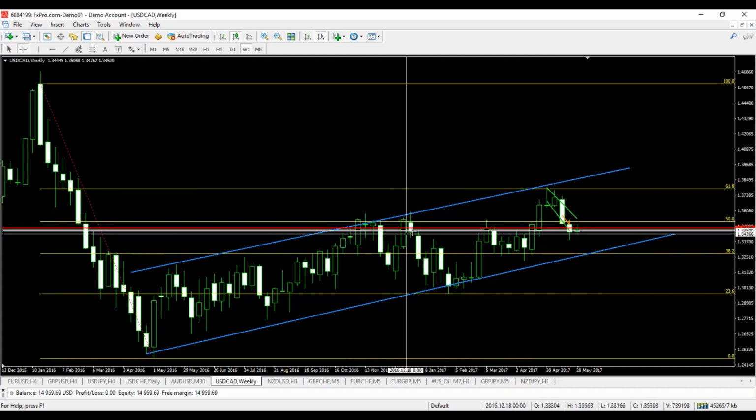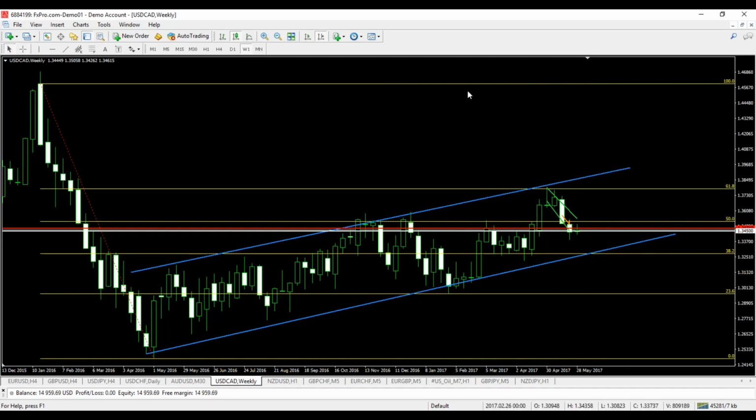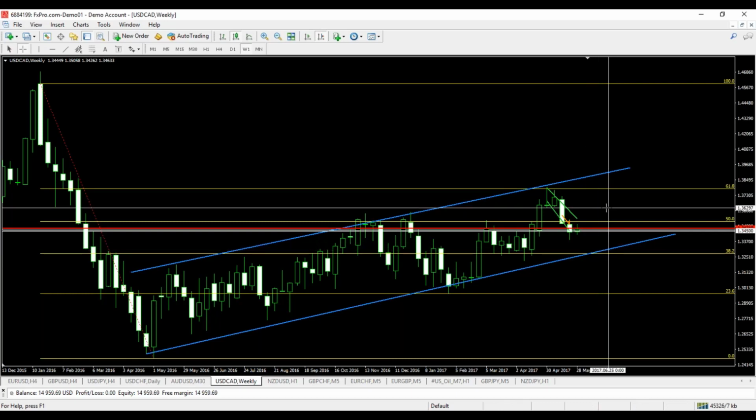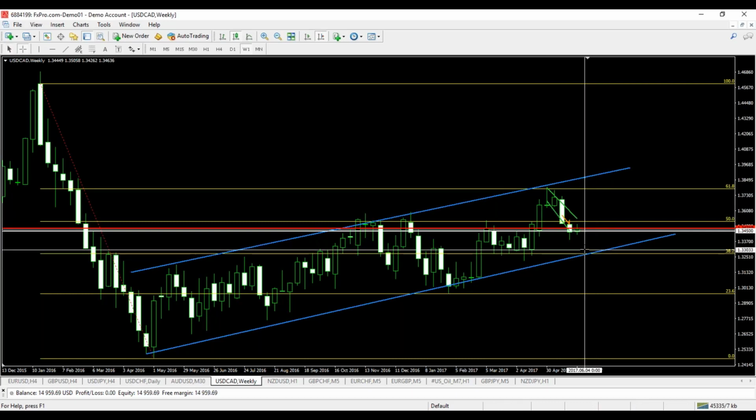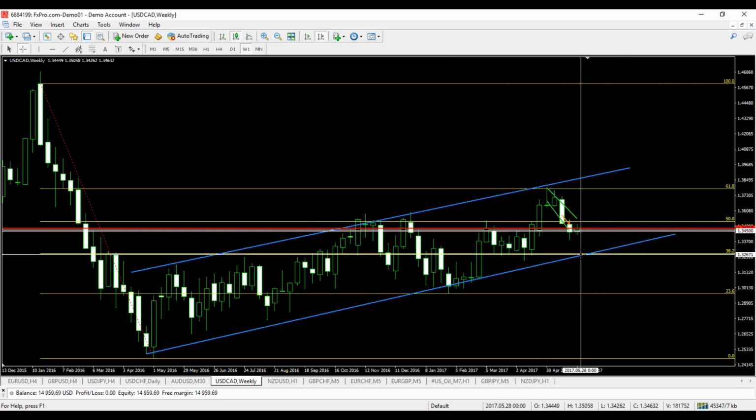Notice that the price reaches the 50% level, the 61.8 level, and at the same time it tests the upper level of a channel. And I suggested maybe a few weeks ago that the price is very likely to create a bounce, and it may not be a time for the American dollar, Canadian dollar to be bought at this certain period. And as I see now, the price has bounced in bearish direction, and it is very likely to test the lower level of the blue channel and the 38.2% Fibonacci level at the same time,